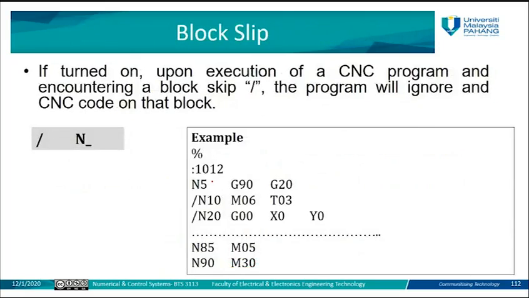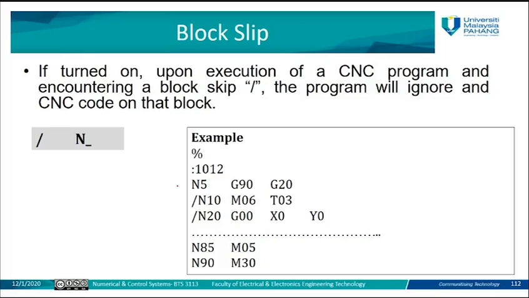Block skip here is turned on upon the execution of the CNC program. This is like the program will ignore the CNC code on that block. For example, if you know MATLAB, sometimes you have some code, but you don't want to use it for this run. You want to use it later on. So you want to comment this code. You don't want to delete it. You want to keep it in your program for future modification, for future running, for example, but you don't want it to be executed. So you just need to add this